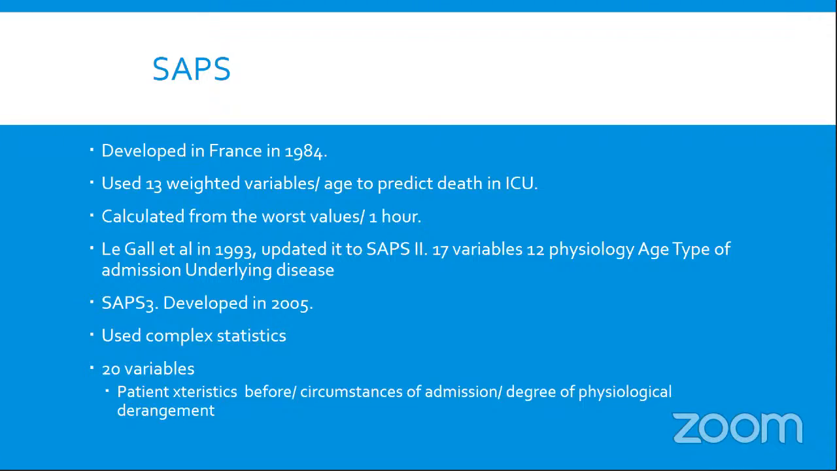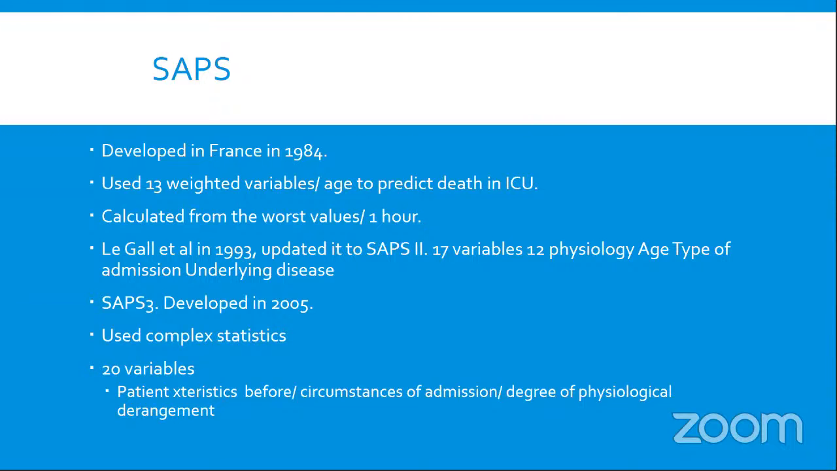And then SAPS 3 was developed in 2005 and uses complex statistics, which is beyond this discussion. 20 variables are used, and I want to look at the patient characteristics before the circumstances of admission, before the patient actually presents. What was this patient like? What are the circumstances surrounding this patient, and the degree of